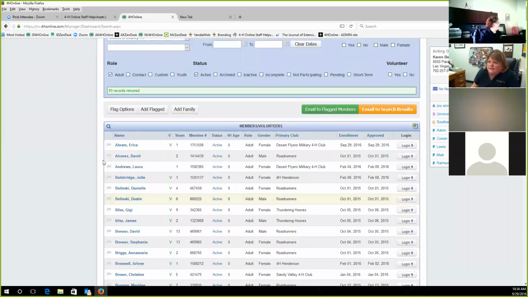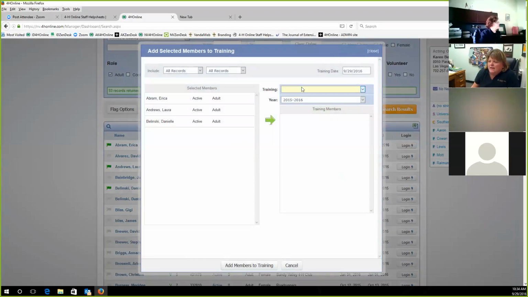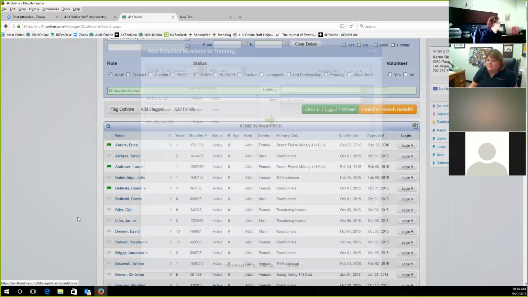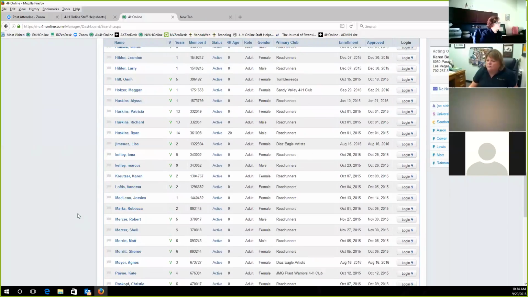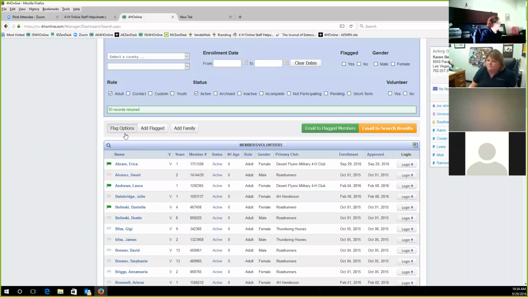Off of your sign-in sheet, you can flag the adults that were in there, and you can do add flagged to a training. And then as the training list appears, all you have to do is select the training, you highlight your folks, and then you can add your members to the training. And that works very handy if you're doing any new leader training,